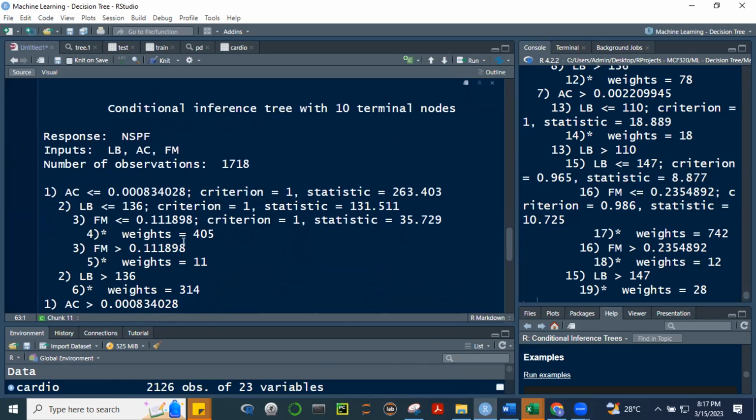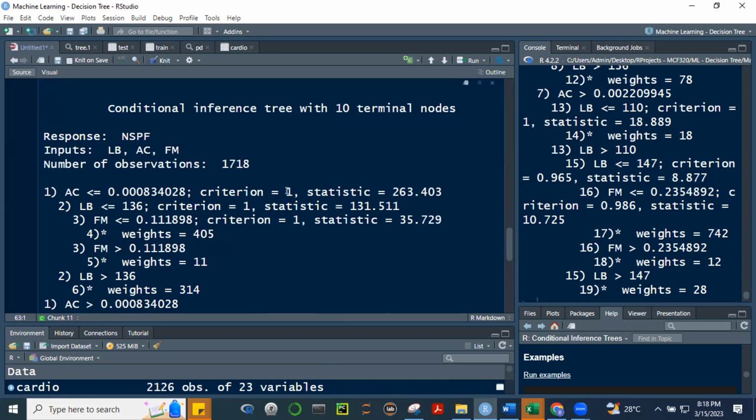Alright, take a look at this. Number of observations, 1718. So it's quite difficult to understand what's happening here. But in a nutshell, it tells us na magsimula sa AC. Okay? If it's less than 0.00834, it will go to criterion 1. Ano yung criterion 1, class?